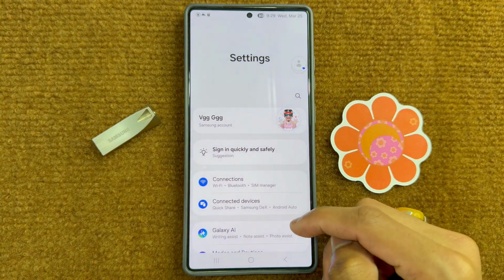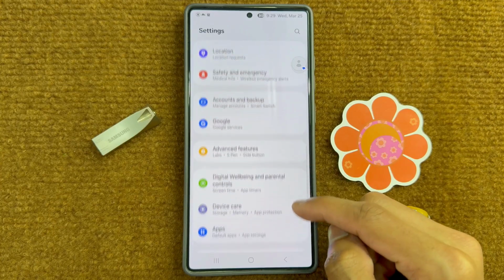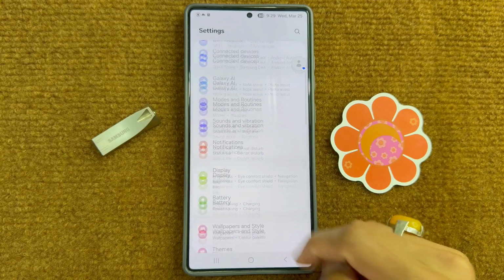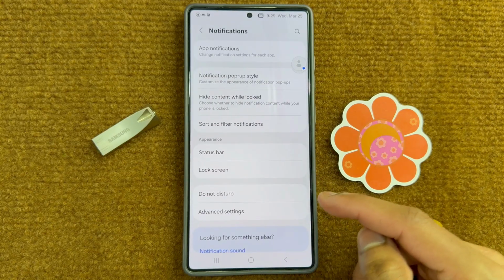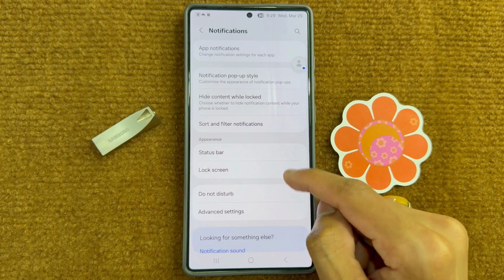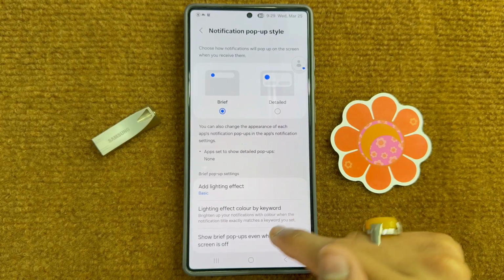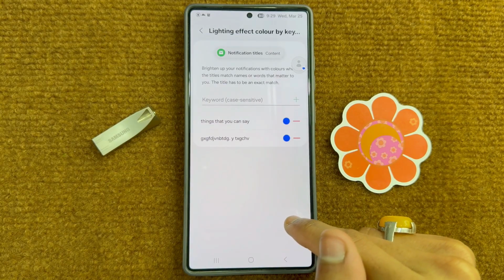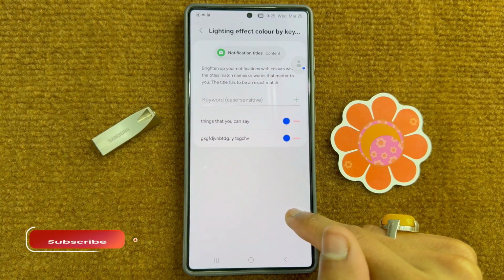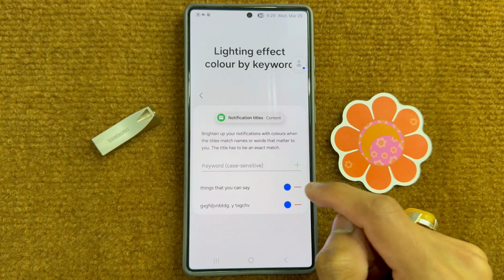Now in Settings, scroll down and click on Notifications. After click on Notifications, click on Notification Pop-up Style and click on Color by Keyword. After click on Color by Keyword, you will see if you want to make notification color by keyword,